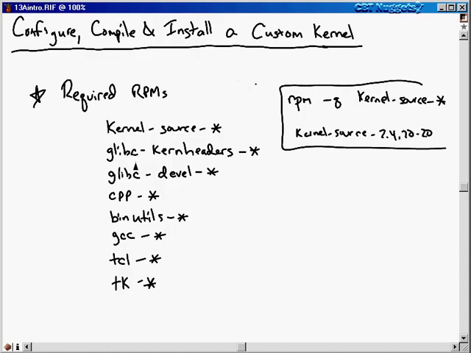glibc has to do with libraries for the kernel headers. This is a development C library. This has to do with a C language preprocessor. Binutils is a set of binary utilities that we're going to need available to us. GCC is the GNU C compiler. TCL and TK, these are both scripting languages that we need to run the particular configuration utility that I'm going to show you how to run in this nugget. Okay, so this is the set of RPMs that you need installed in your system,